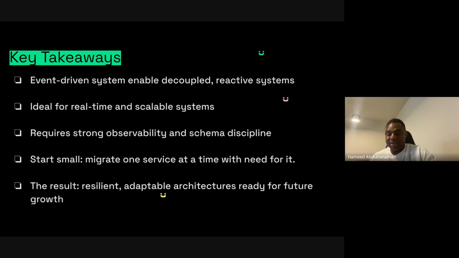And I think I gave an example of a full name being changed to first name and last name. So if you don't have this schema discipline, with the various versions of schemas that the other consumers will require, then it's a very big problem. There will be a very big gap in the entire architecture itself. So it's a very good thing to think about if you're going for an event-driven system.